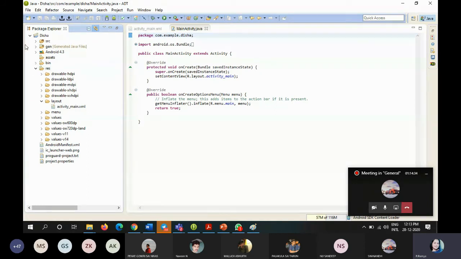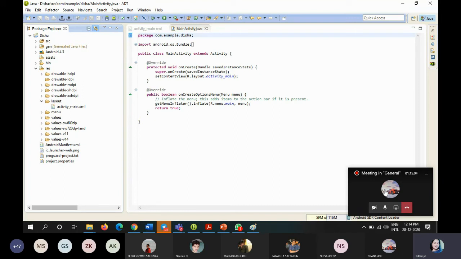Among all the subdirectories, the important subdirectory is RES. What is meant by RES? Can anybody tell me what is meant by RES? For example, I am going to create one application. For my application, I require some resources, right? For us as human beings, what are the resources?